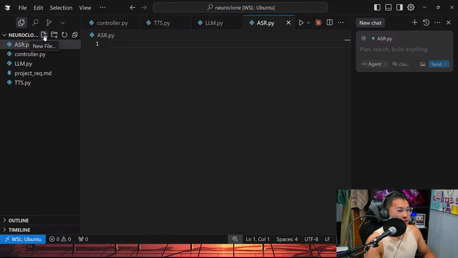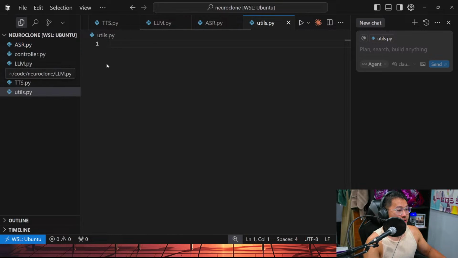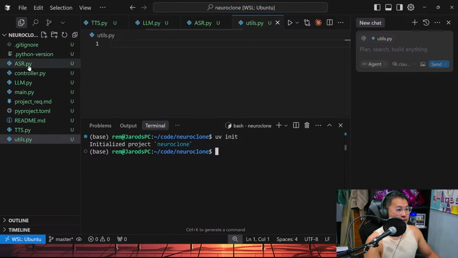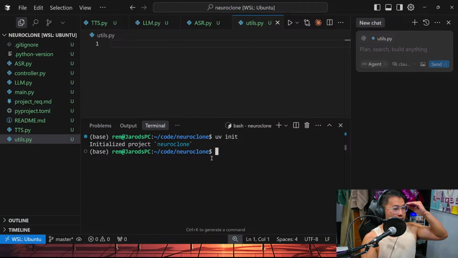What else did I have in there? Oh yeah, I don't need any of the other ones. Maybe utils.py, right? And then we are going to do something like uv init. Do all of this. Get this initialized.